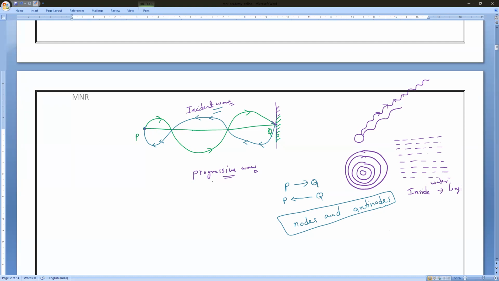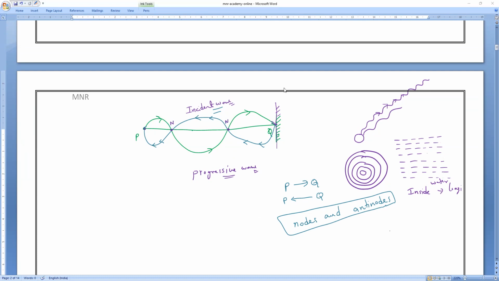So what is a node? The points where the displacement of a vibrating particle of the medium is zero. Where the displacement is zero, can anybody tell me? This is the displacement zero. Am I right or wrong? I want an answer, please. That is what we call nodes. Where the displacement is zero, that is called a